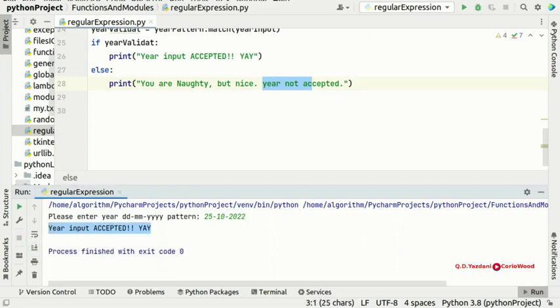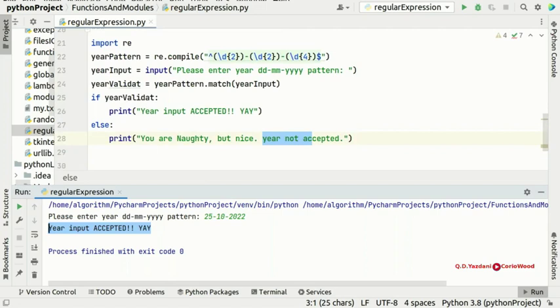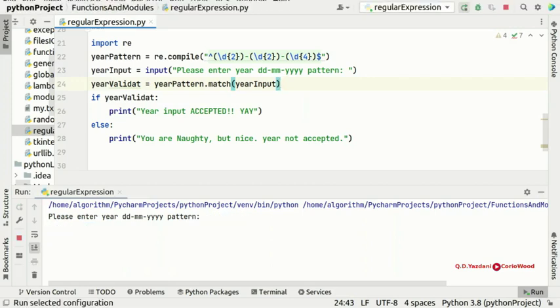And now keep in mind, now we are putting this way, and Python is quick here. Year put in, year input accepted, yay, because here now you guys know, look at here, Python is very fast and quick to match our year. So if the user puts something else, for example, Python is not going to accept it. So for example, if users try to come here and put a, say for example